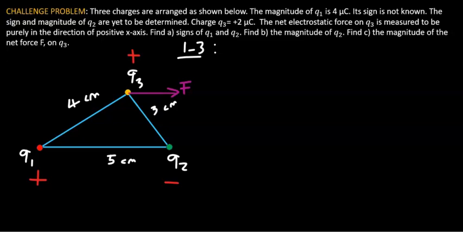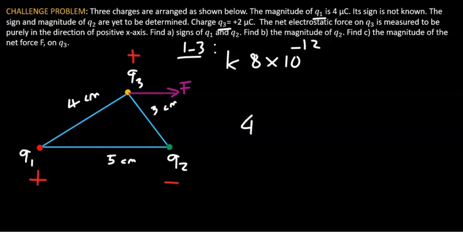The magnitude of the force exerted on Q3 by Q1 is given by the constant K times the product of Q1 and Q3. We know Q1 is 4 microcoulomb, Q3 is 2 microcoulomb, so that would be 8 times 10 to the power minus 12,